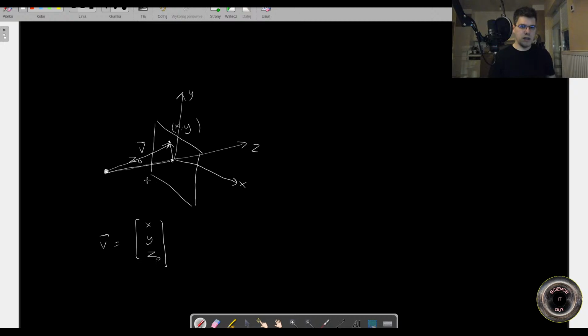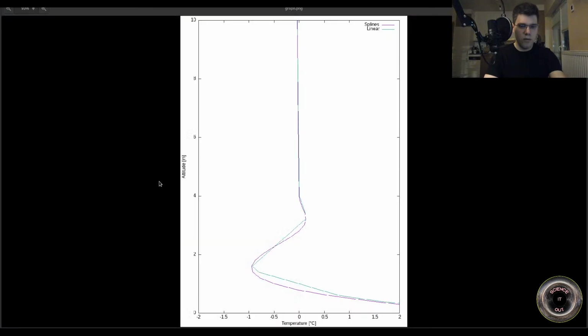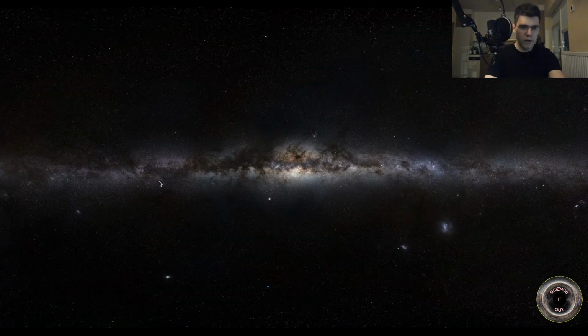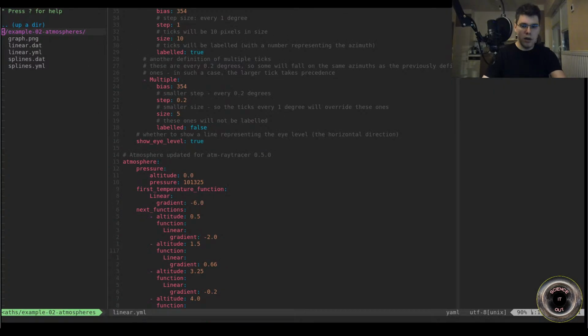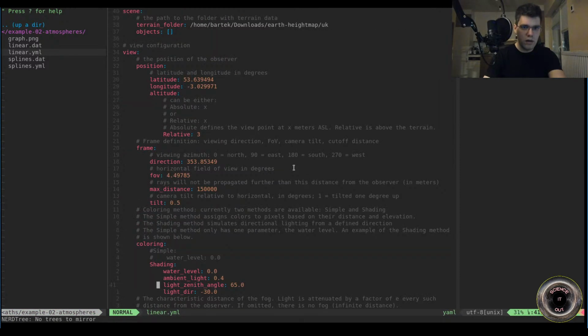And what is this z0? Well, it can be defined using the field of view, because of what you define in the configuration for the simulator. If you take a look, oh, I don't have anything like that open, so let me open it. So if you take a look at how it's defined, the view is defined by the position and altitude